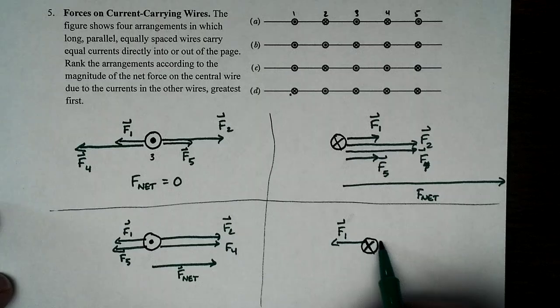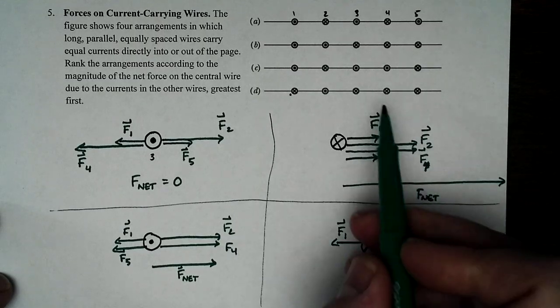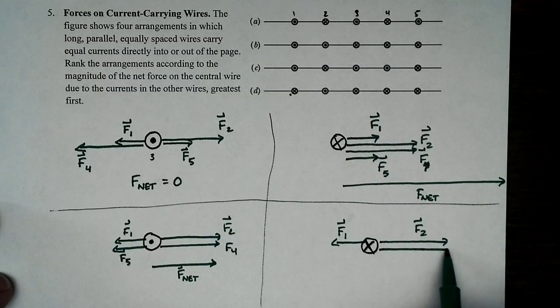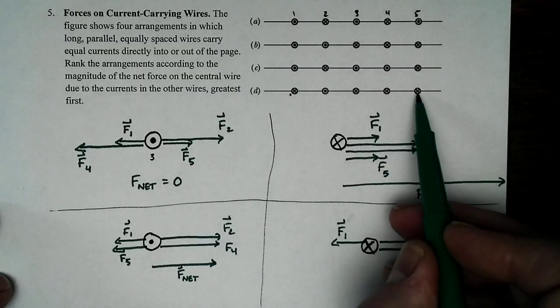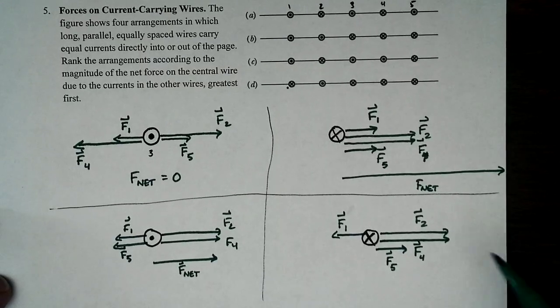2 is repulsive. 4 is attractive, but that's to the right as well, and that's again a bigger force. And 5 is also attractive because that's current into the page, so it's producing a force to the right that's about that big. So 5 and 1 are going to cancel, but 2 and 4 together are going to add, and that's going to give me a net force something like this,